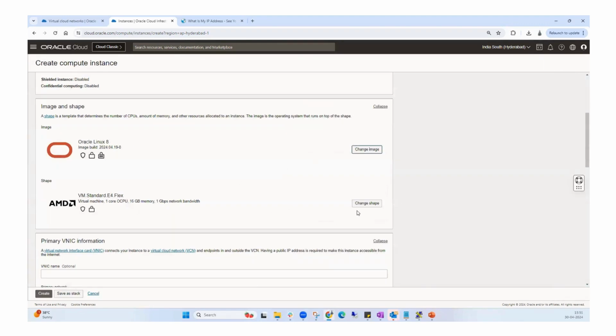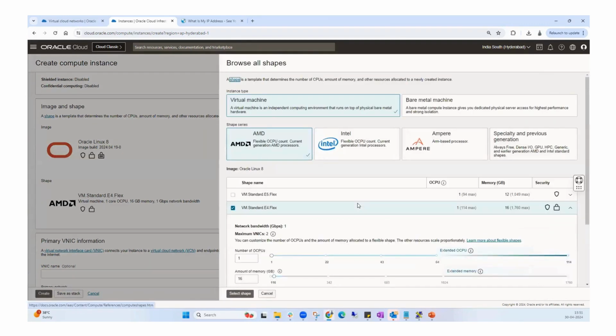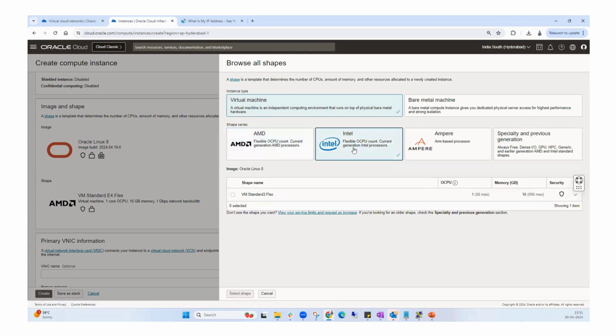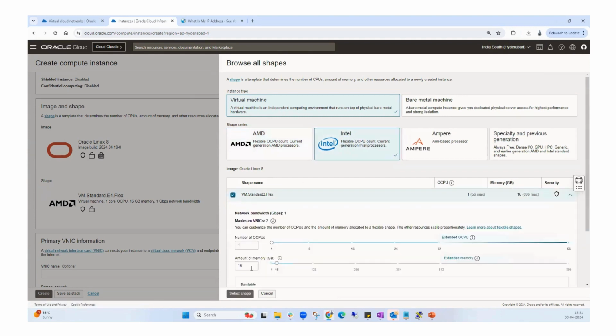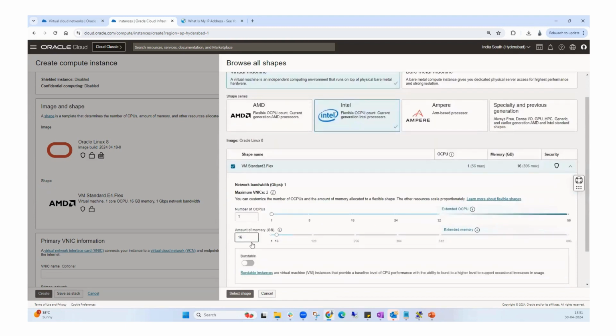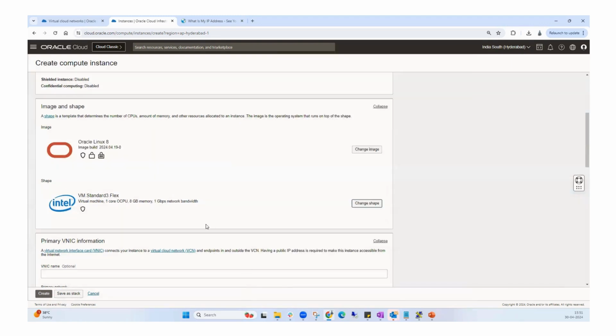And then shape is a process where you change the resourcing in CPU and memory. So if I want Intel processing, I can take the Intel one, and I can just click on the CPU and RAM. For this case, I just want to go with the 8 GB memory. Select the shape, and then